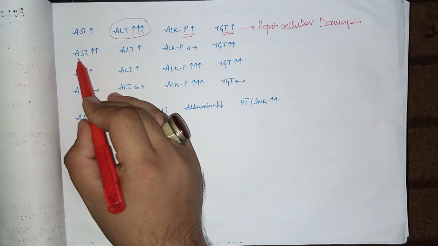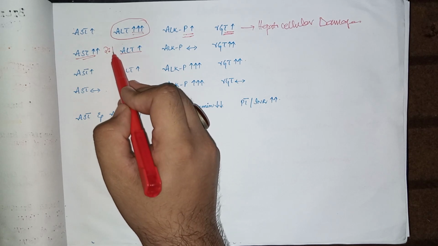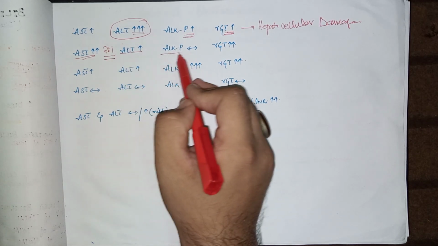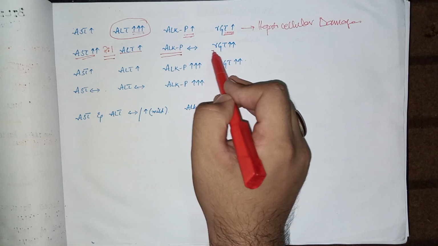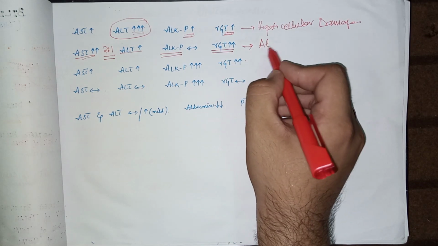But if AST levels are 2 times higher than ALT, meaning the AST to ALT ratio is 2:1, and alkaline phosphatase levels are normal and gamma GT levels are high, it indicates alcoholic hepatitis,